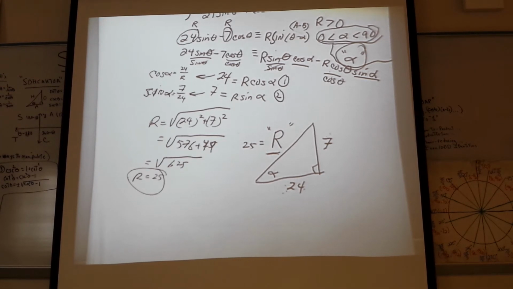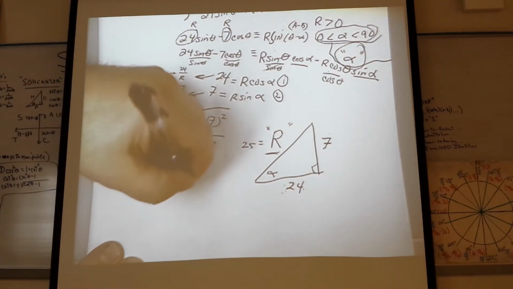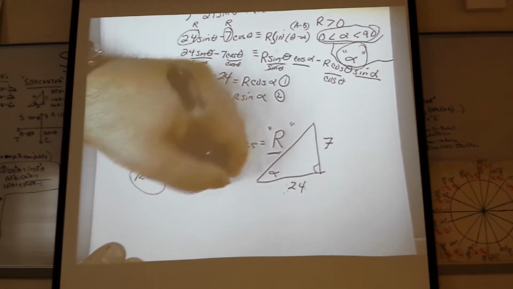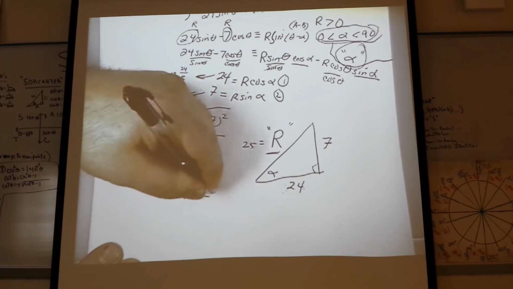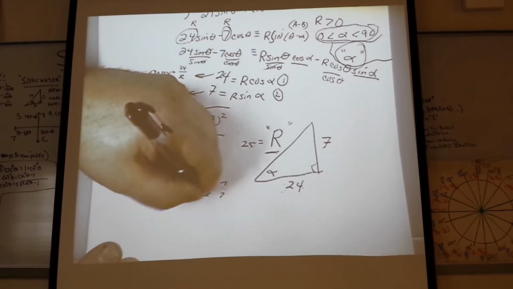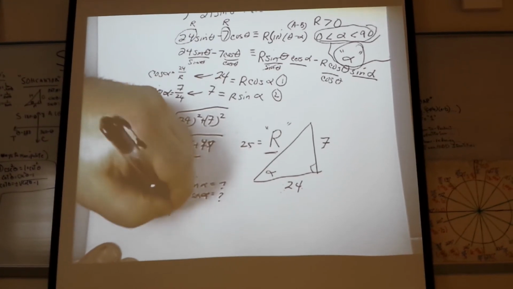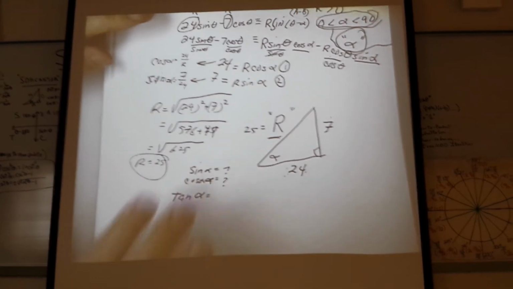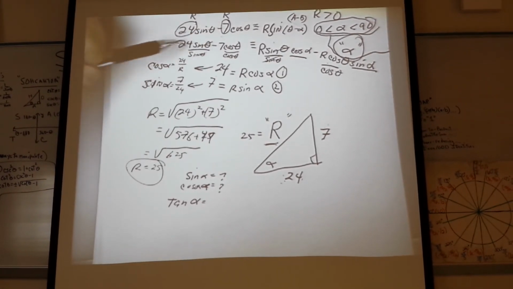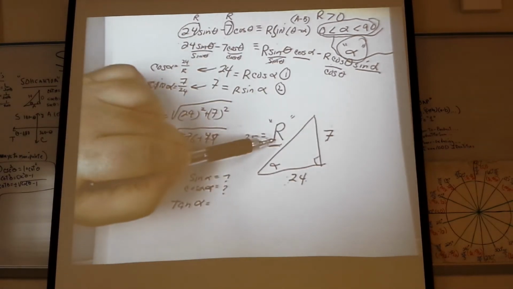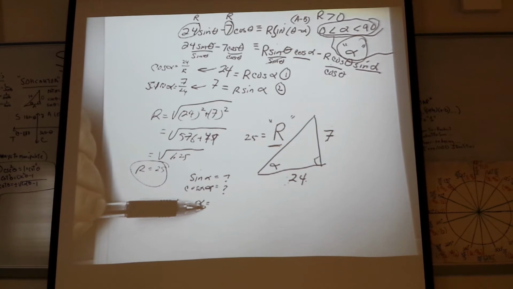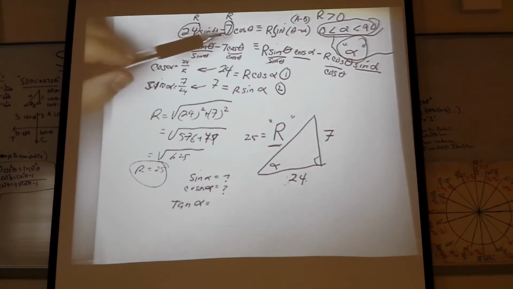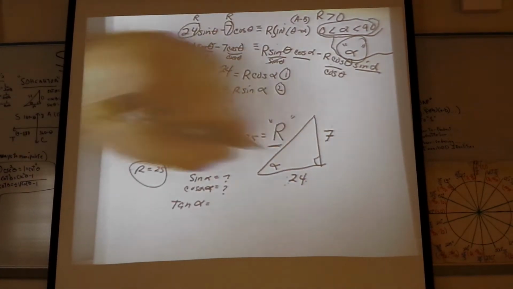Okay, moving on here. So you guys can say, yeah, I can find sine alpha, and I can also do cosine alpha, and find the alpha guy. But I'm going to do tangent of alpha. Why? Because I want to. The biggest thing is because I have both of those sides, the ratio sine over cosine. And if I made a boo-boo, like making this guy, it's going to affect the angle. Does that make sense? But now I look at this and go, well, the ratio of those two monsters, sine over cosine, 24 over 7, or opposite over adjacent,